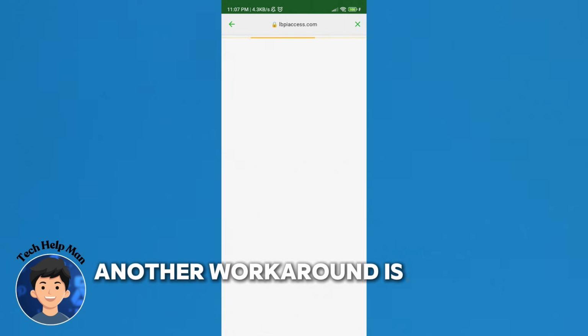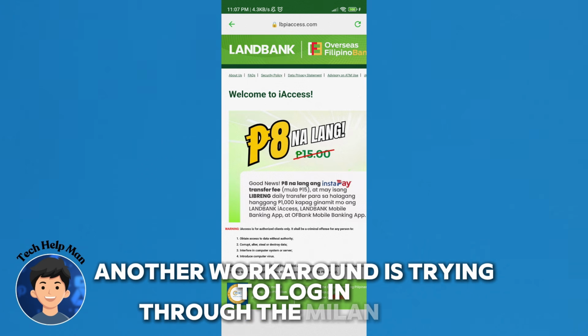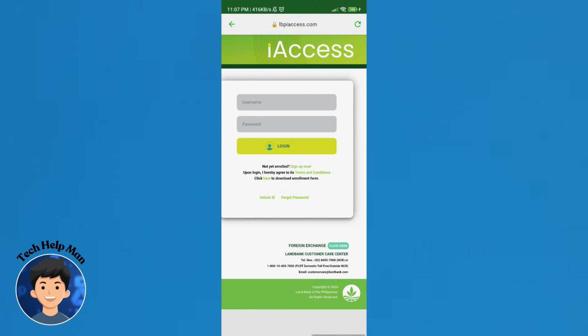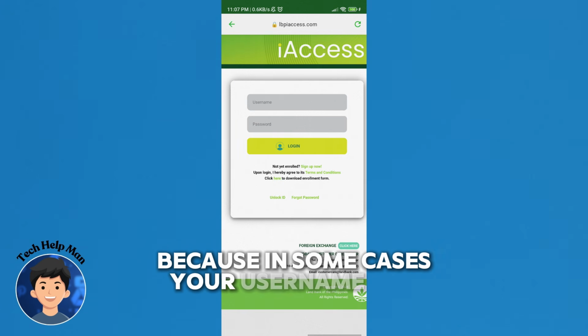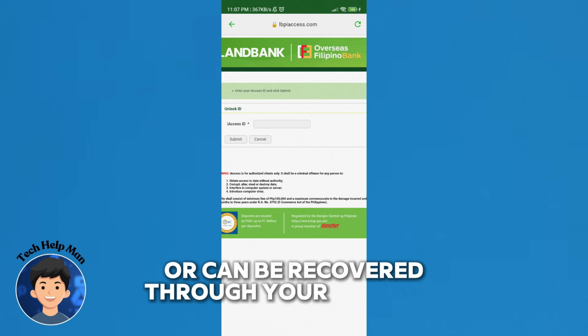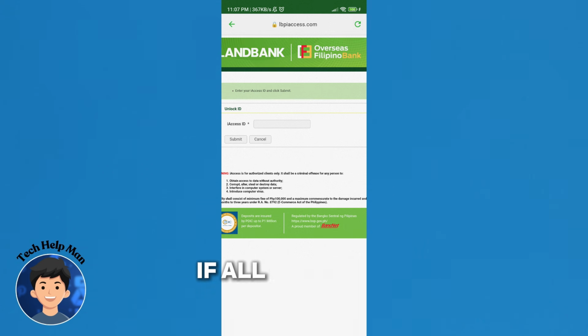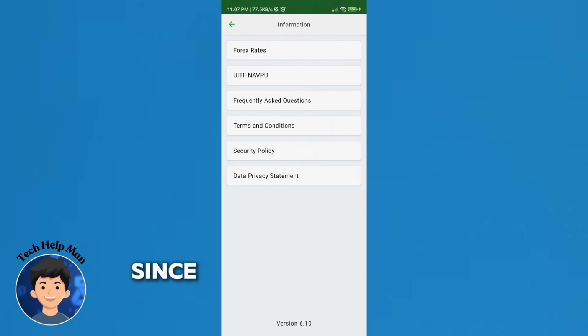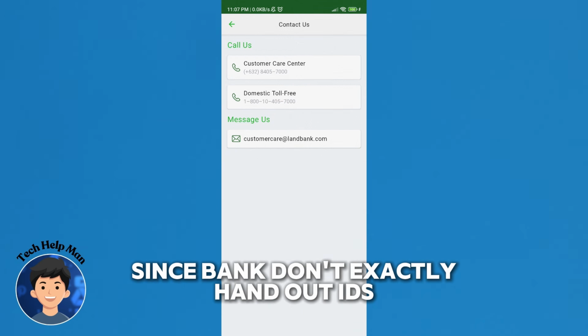Another workaround is trying to log in through the Landbank iAccess web portal using your credentials, because in some cases, your username and user ID are the same or can be recovered through your account recovery prompts. If all else fails, support is basically the final boss here, since banks don't exactly hand out IDs like free